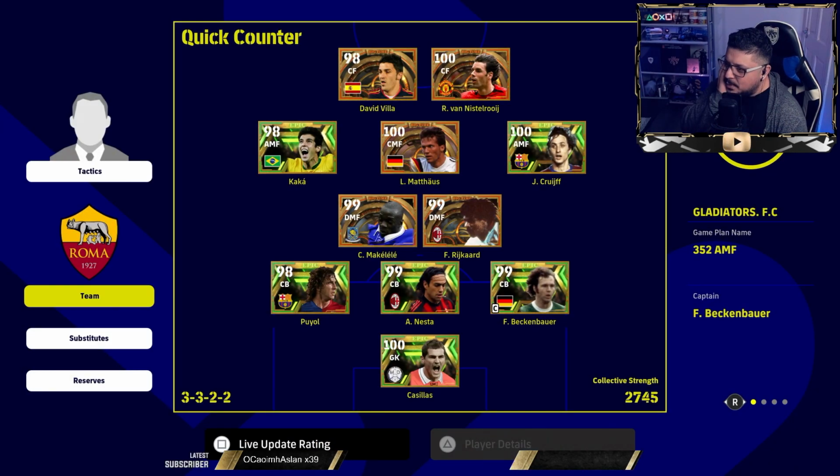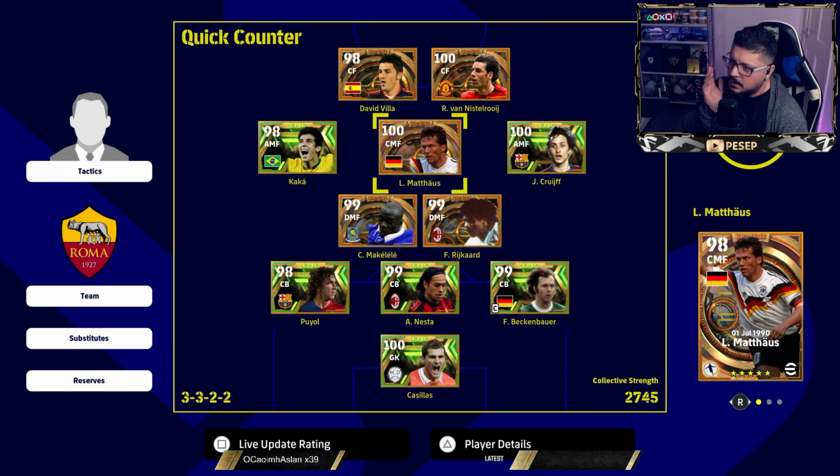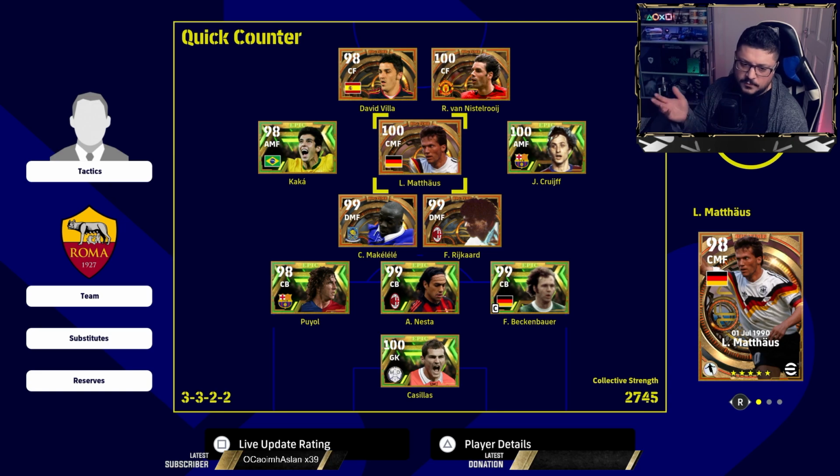Last but not least, I've tried this one. I remember when David Villa dropped, I tried this formation when we had David Villa. I don't know how long ago, but it was definitely before New Year, right? Now, what's special about this one, the difference between this one and the other two, is that it's more focused on